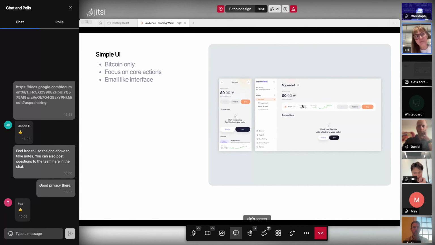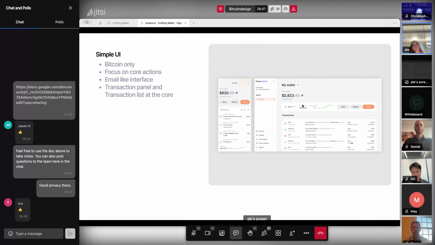And the third, that for us was very important, we conceive it, or we try to draw many analogies between our wallet and an email app. And maybe here in the second view, you can see better that we try to use this analogy of sending Bitcoin, make it as easy as sending an email and make it conversational.